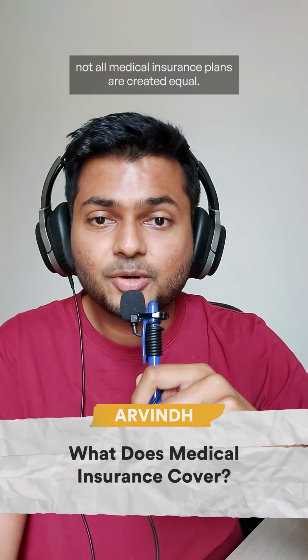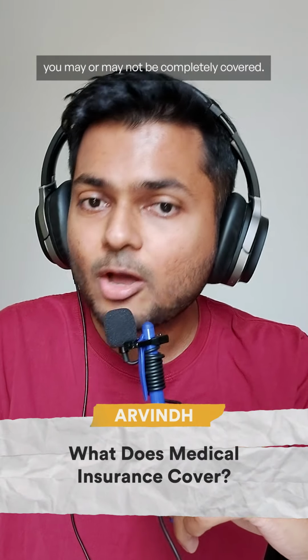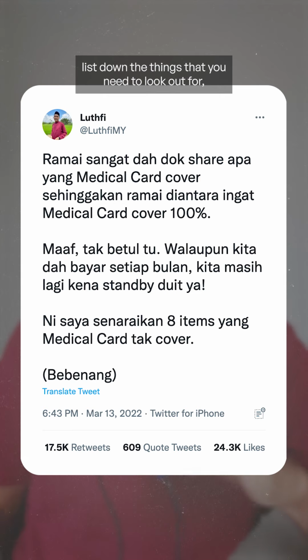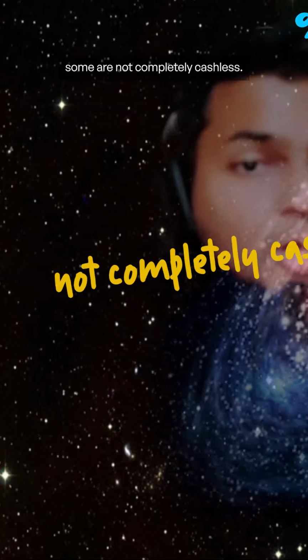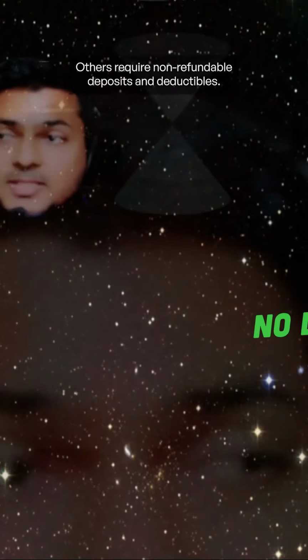Here's the thing. Not all medical insurance plans are created equal, and depending on your monthly premium, you may or may not be completely covered. Some tweets, like this one, list down the things that you need to look out for even if you pay a monthly premium. Some plans only cover overnight admissions, some are not completely cashless, others require non-refundable deposits and deductibles, and many don't